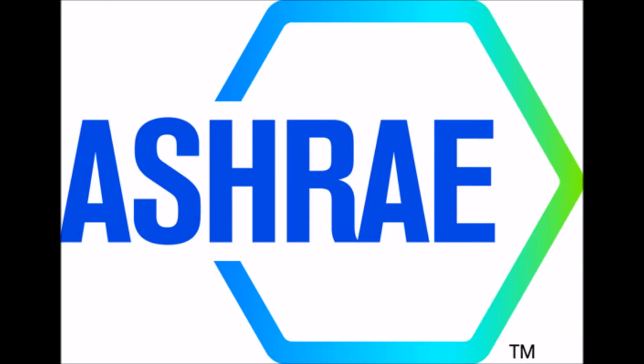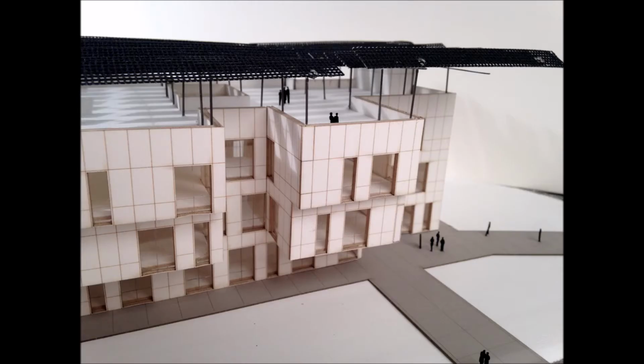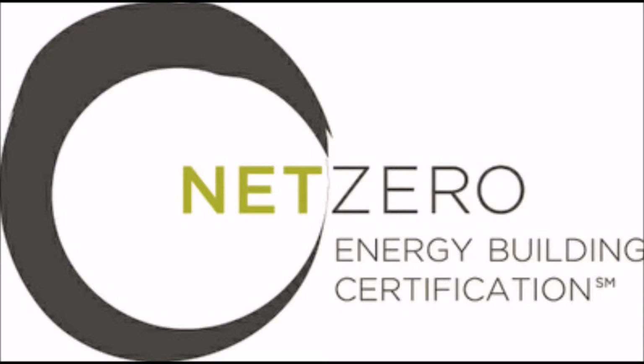The premise of the ASHRAE Integrated Sustainable Building Design Competition is to design a zero-net energy building in Doha, Qatar. The building must be a 3-story junior college facility that satisfies both ASHRAE standards and building owner requirements. A zero-net energy building is defined as a building with an annual energy usage less than its yearly production of